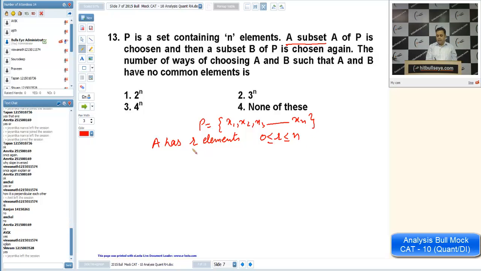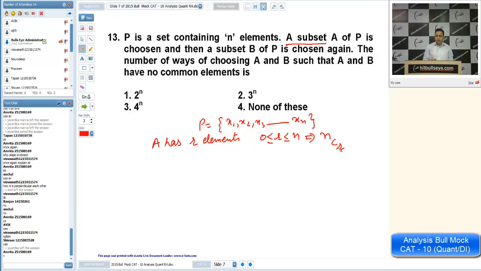That means if A has R elements, the number of ways to form A is nCR, or the number of ways in which A can be selected is